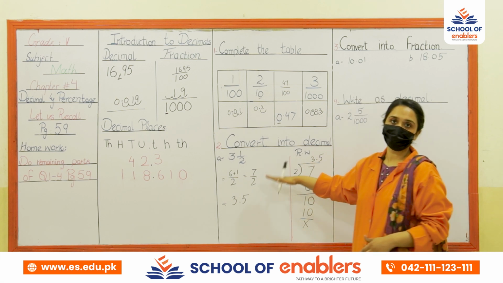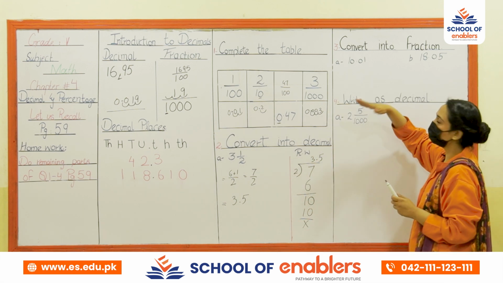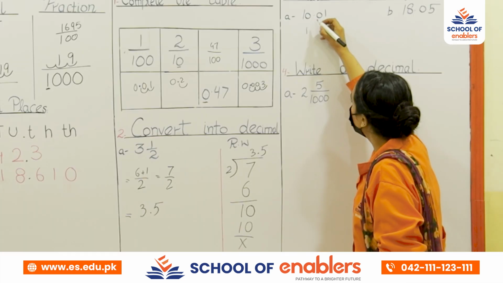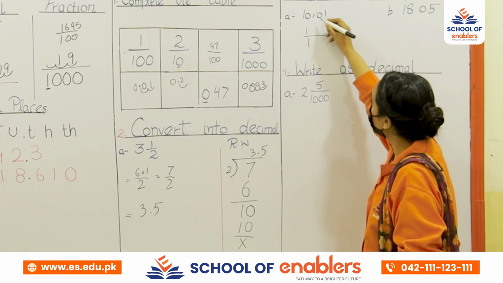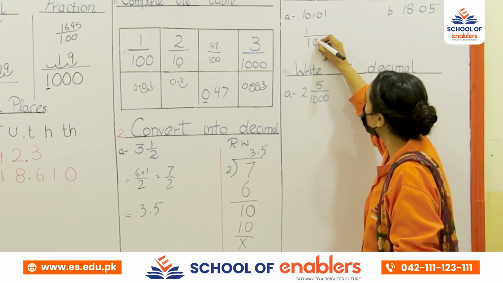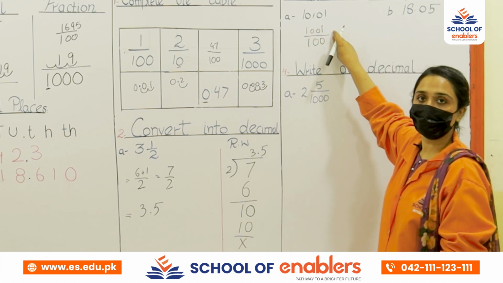So its remaining parts will be done by yourself. So move to question number 3. It is so easy, you just have to remove the decimal point. As I told you before, we cut the decimal point and we put 1 instead of it. And how many digits do we have after the decimal point? 2, 0 and 1. So 2 zeros. So 1, 0, 1. So this is our required fraction.